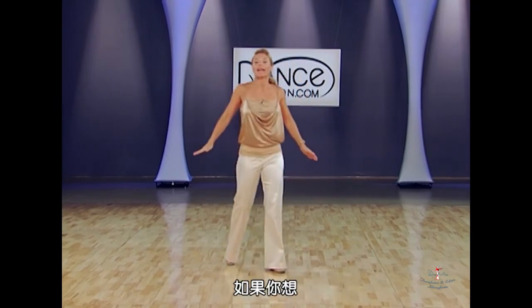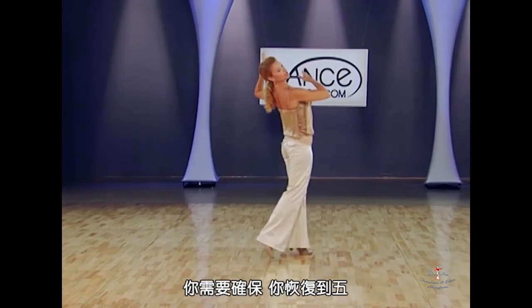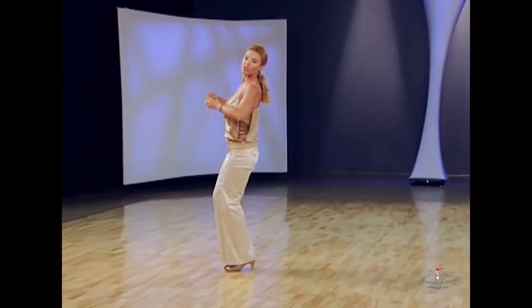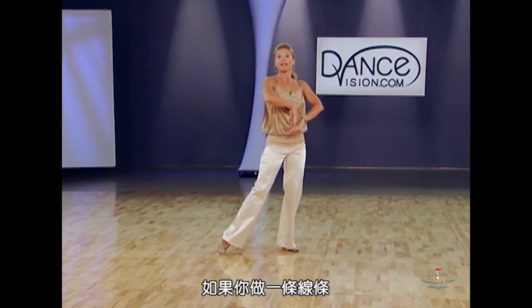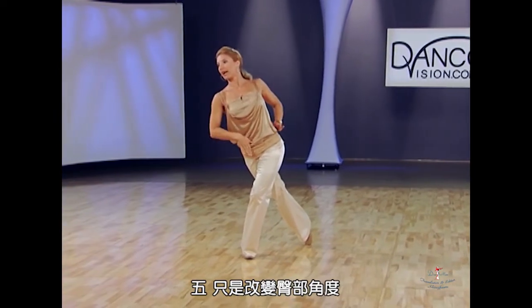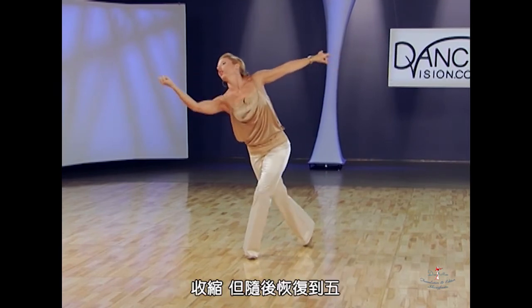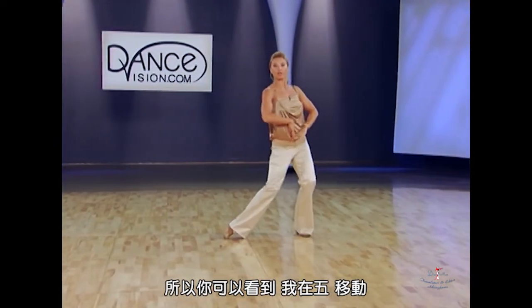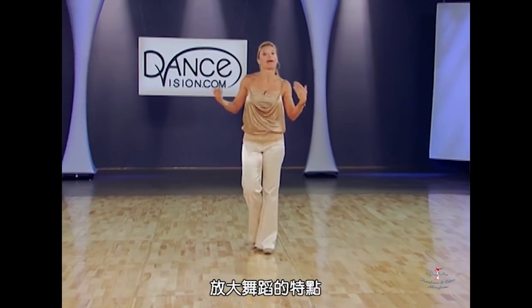What I mean by that, if you want to step into a step and put a small back bend in it, you need to make sure that you recover to 5 for your movement. So basically the rule is you want to move with controlled 5 posture. If you do a line, you want to be very careful. Normally you want to stay at a 5 and just have the hip angles change. But just say you want to do a contraction on the way back out, contraction, but then recover to 5. So you can see I move at a 5 and just put small contractions and extensions in to amplify the